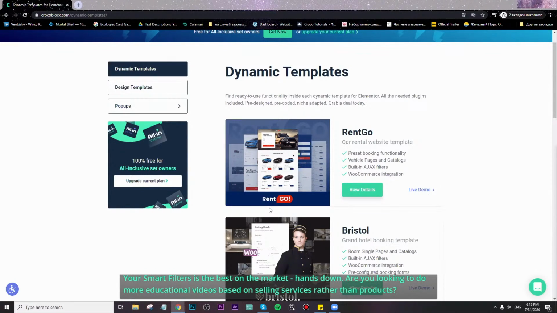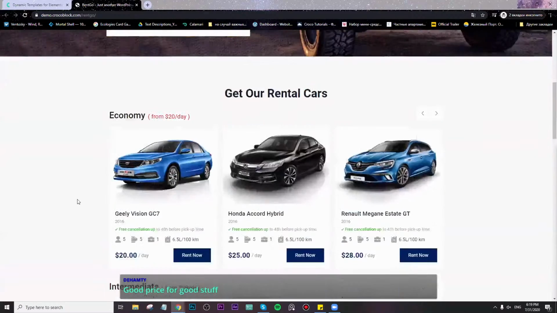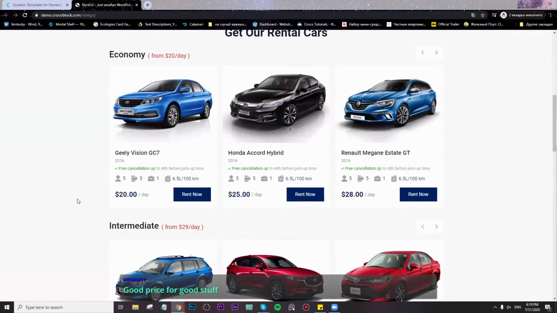I just want to make some quick review of the most interesting features, from my point of view, for each dynamic template. So let's start from Brand Goal. Here, the most interesting feature, as for me,